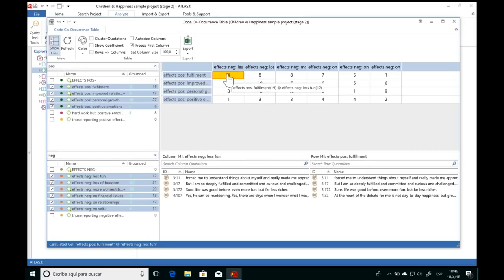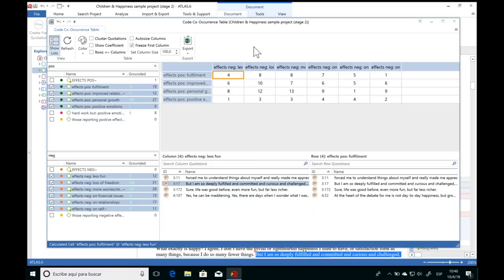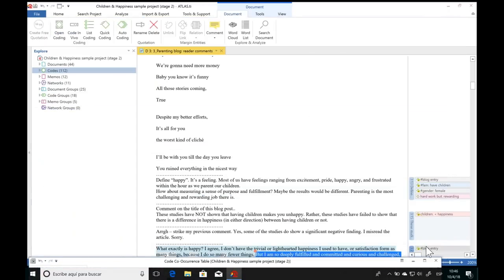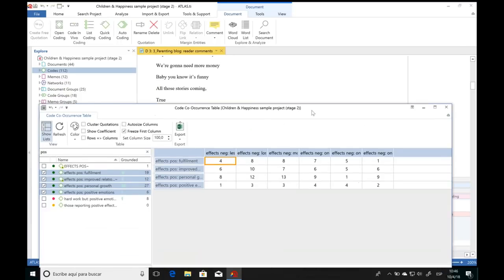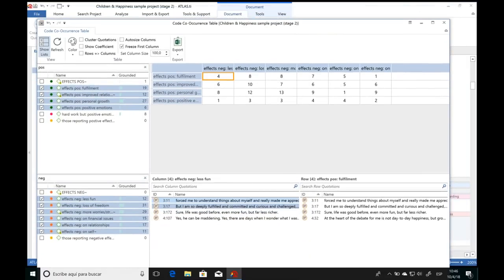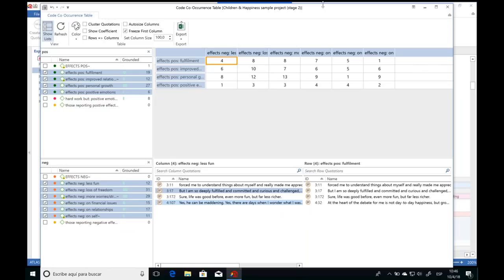By clicking on any of the cells, we can see down below the list of quotations where these 2 codes are occurring. So if we want to also revisit these quotations to get a better idea, you can just double click, and then Atlas TI will open that quotation for you back in its full context. So that's one of the ways that Atlas TI always keeps you close to the data. We don't have the quotations removed from their context. But going back to the table here,